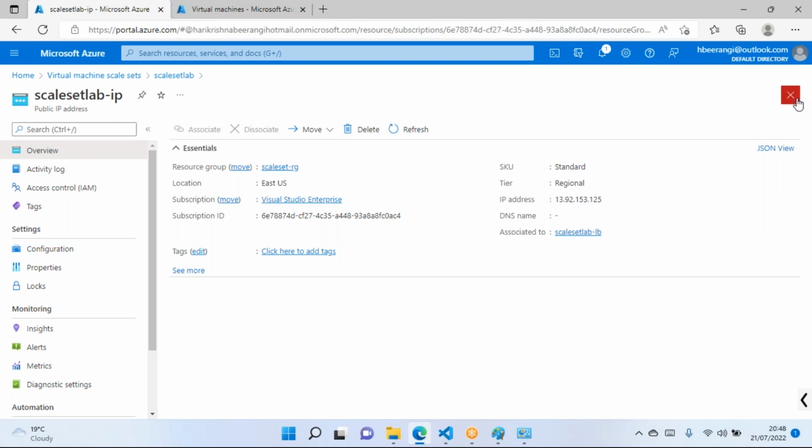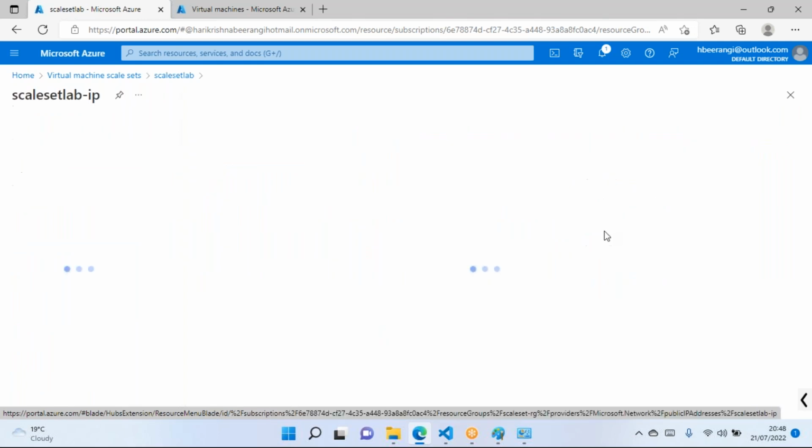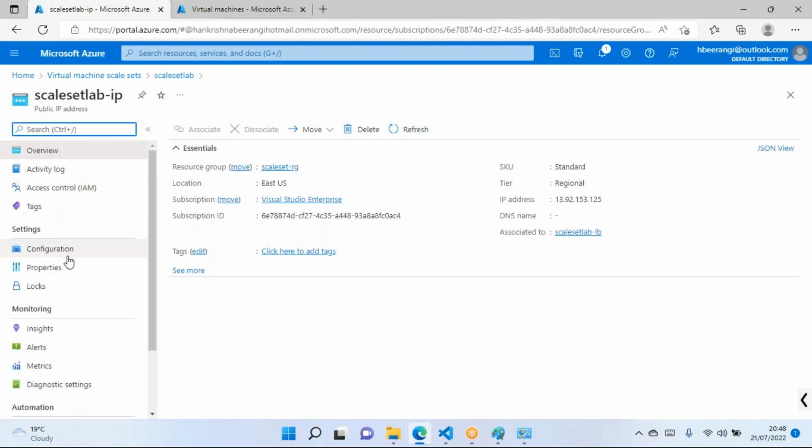In case you don't know what this IP address is, just click on that. It will take you to the public IP address settings, and you can see it is showing scale set lab hyphen load balancer, and that is the reason. Give names to identify things easily at later stages. If you give confusing names, it will be confusing for you to identify what is the right setting and configuration.